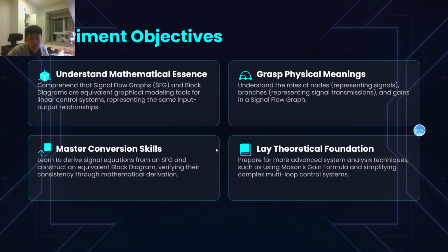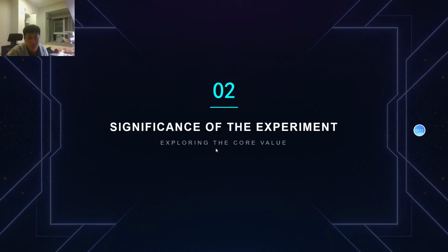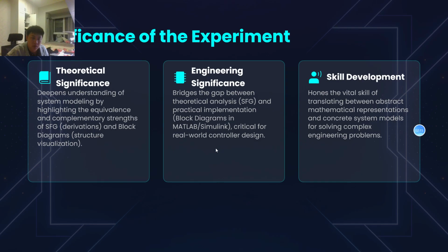Verify their consistency through mathematical derivation, and lay theoretical foundation. Prepare for more advanced system analysis techniques, such as using Mason's gain formula and simplifying complex multi-loop control systems. Okay, so the significance of the experiment, you can see theoretical significance depends on understanding of